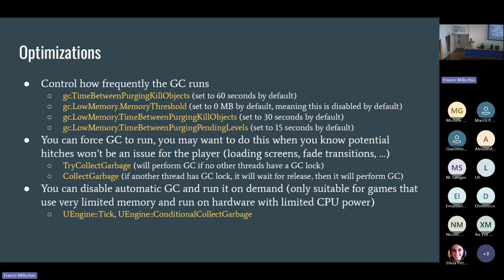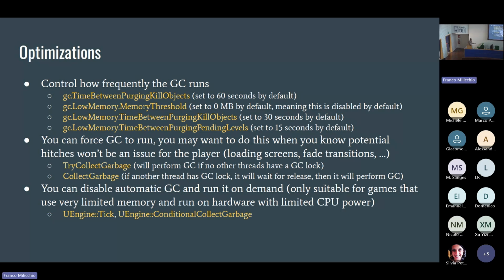When you see a game that fades to black, and that game is made with Unreal, there is a huge chance that the GC will run in that particular moment. You have two methods that you can use. You have TryCollectGarbage, so it will perform the GC if no other threads have a GC lock, or you can just call CollectGarbage, and it will eventually run the garbage collector anyway.